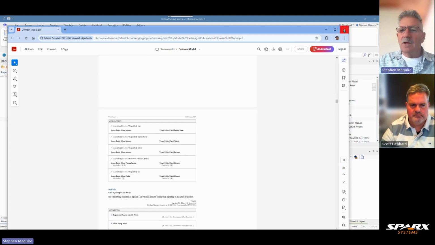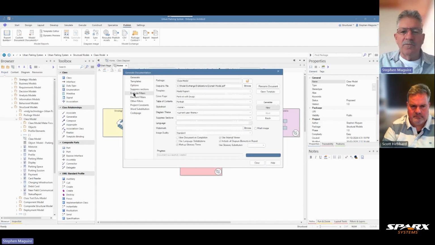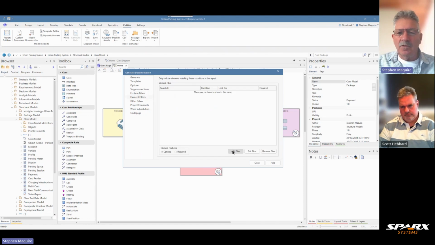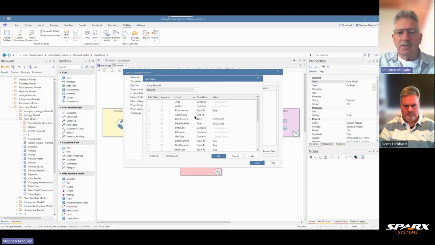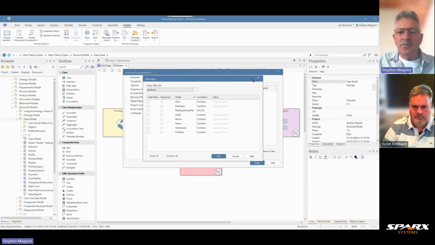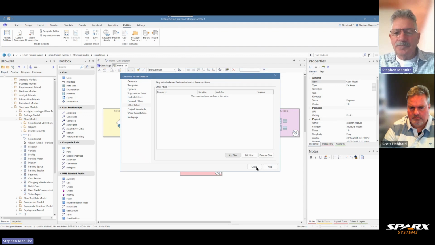We'll close that, and we'll have a look at our model. There are all sorts of things here that we can do. Exclude filters. If we have other elements inside our repository that we don't want put into our report, we can do that. Element filters. I can add a filter there and say I don't want particular things in the repository, such as things by a particular author, or things that have a particular difficulty. We'll come back and look at that in just a minute. Other filters. There are other things here we can filter for, attributes and things, but we'll come back and look at those. What I'm going to do now, Scott, is close this editor,